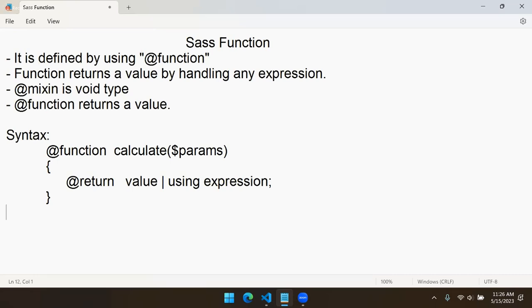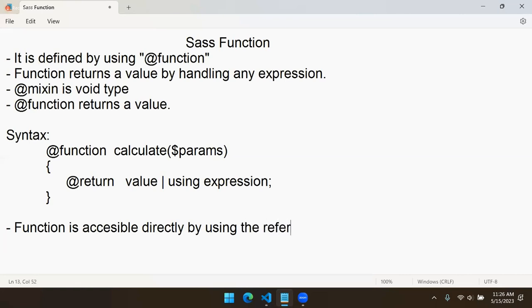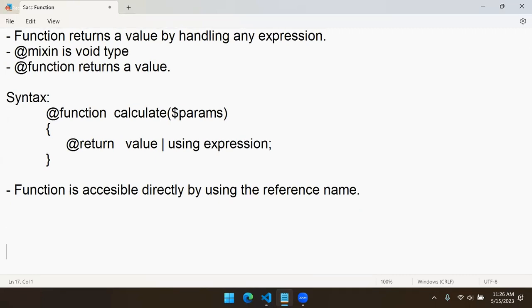So here a function is accessible directly by using the reference name, whereas a mix-in is accessible by using which keyword? Include. By using the include keyword, we access the mix-in. A function is accessible directly. It is mostly used for building expressions. I told you, formulas, expressions. For example, see here, suppose